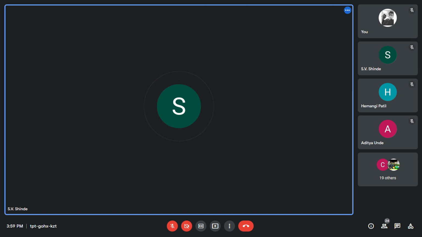Yes, participants, can we say that a linked list can contain multiple heads? So by this concatenation process, we come to the conclusion. What do we conclude?